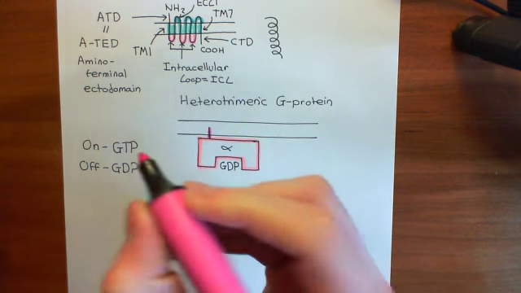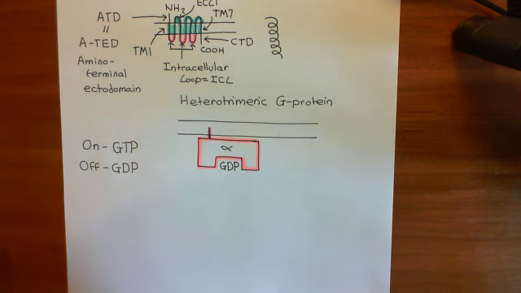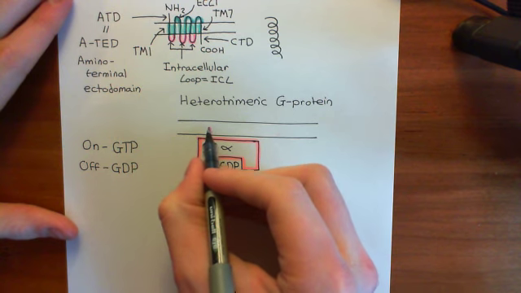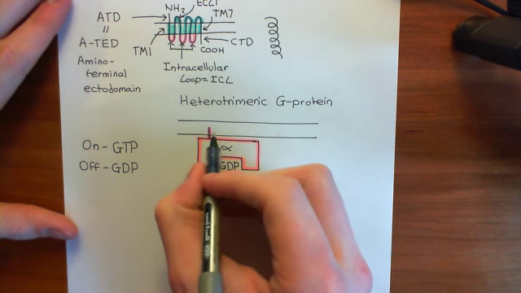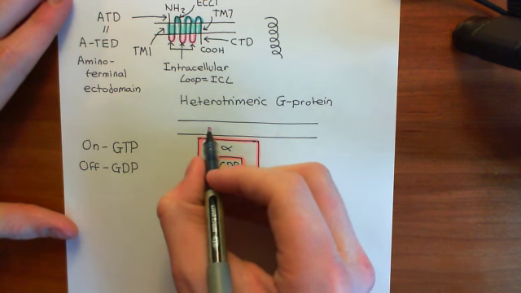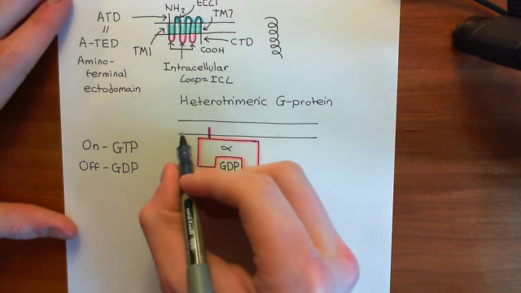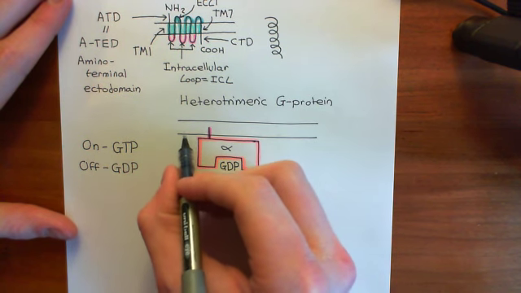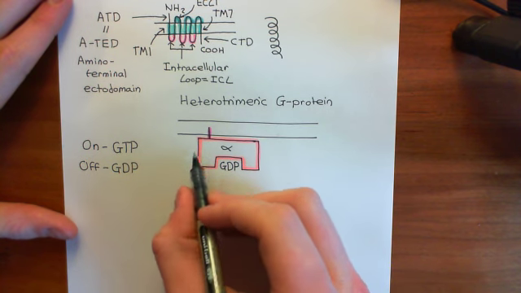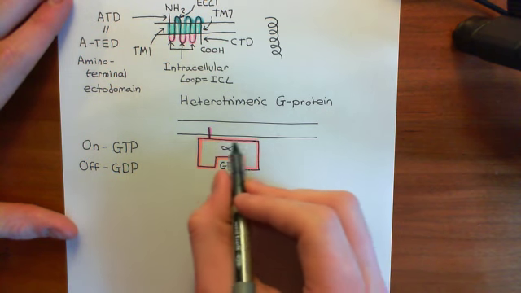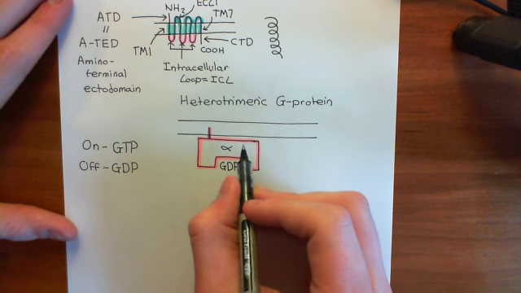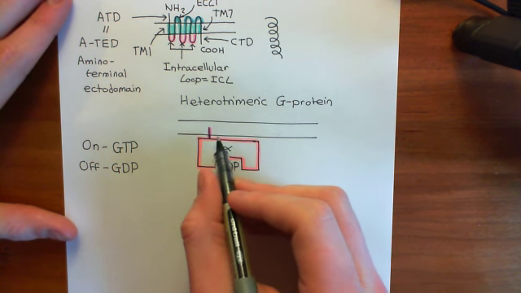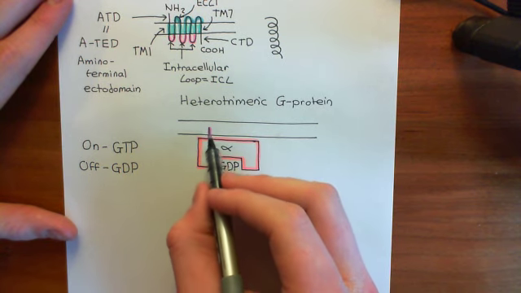And this large lipid moiety will be very hydrophobic. And basically it will want to implant into the inner leaflet of the phospholipid bilayer. So it's going to end up implanted into this inner layer of phospholipids of the phospholipid bilayer. And that's going to hold the alpha subunit dangling underneath the cell membrane. So the alpha subunits are not sitting within the cell membrane, but they are attached to the cell membrane via